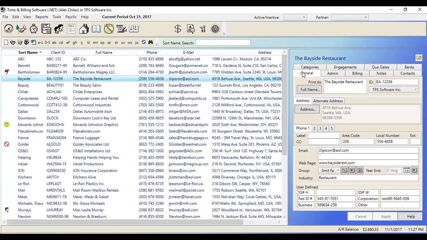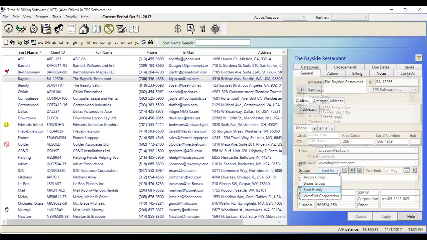Over here on the General tab, we have all the standard name, address, 5 telephone numbers, emails, and other demographic information. We also include the client year-end, industry, and 6 user-defined fields to store tax and business-related numbers down here. The Group field allows you to link associated or related clients for WIP and AR reporting purposes. For example, Bayside is part of the Smith family group, because the Smith family owns several companies, all of which